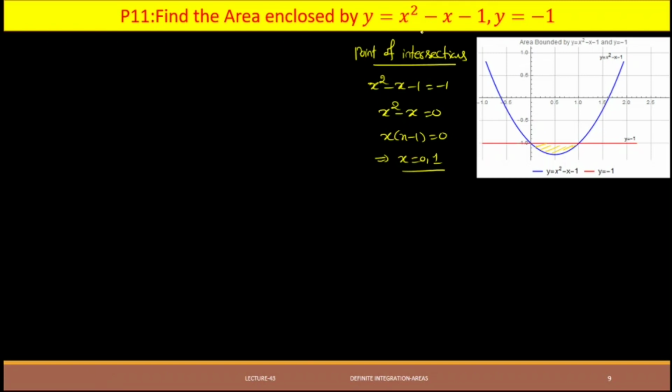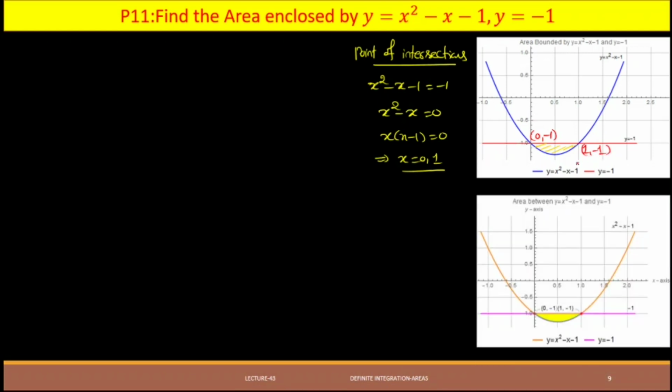So the two points are, if I substitute 0 here, (0, minus 1), and (1, minus 1). I will show you the shaded region. The shaded region is yellow. The required region is shaded in yellow, and that is what we need to find out. Let us compute the integral here. Let us set up an integral to find that area. So it is the integral